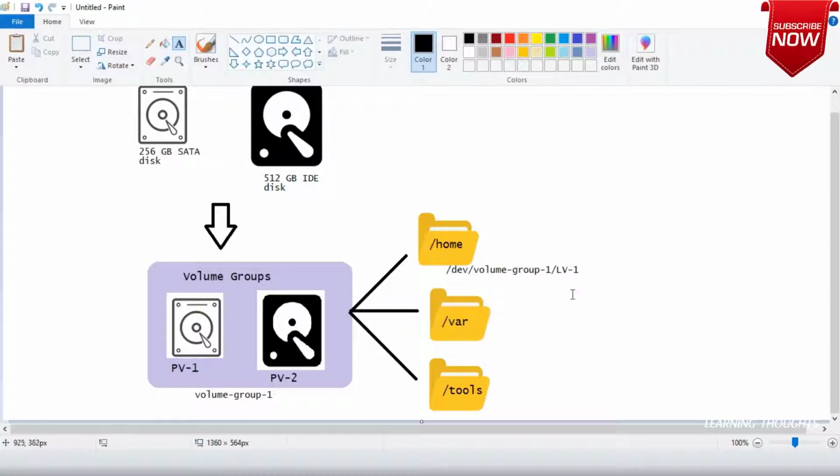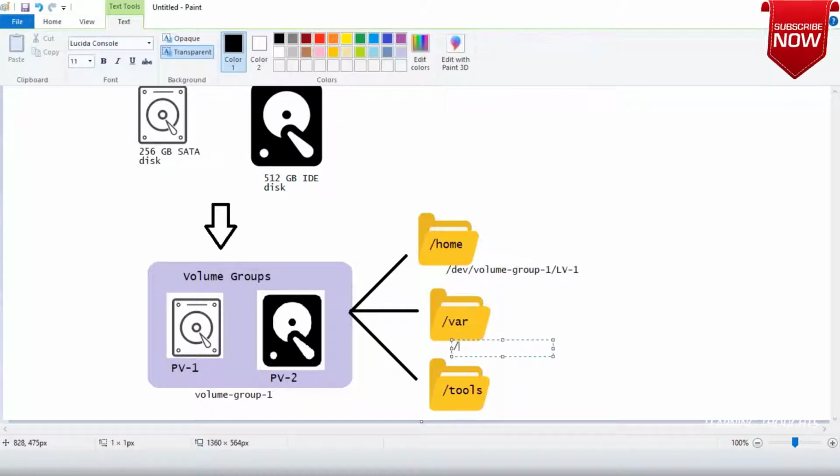So from these two physical volumes I'll be creating three logical volumes: /dev/volume-group-1/lv-2.